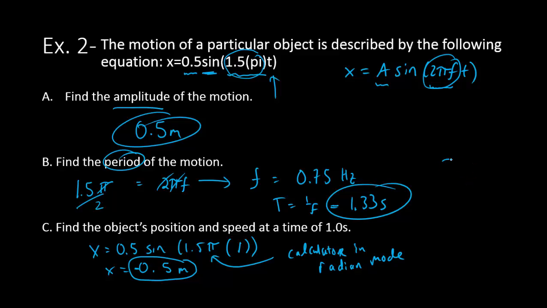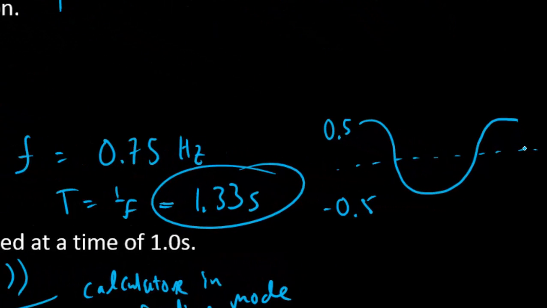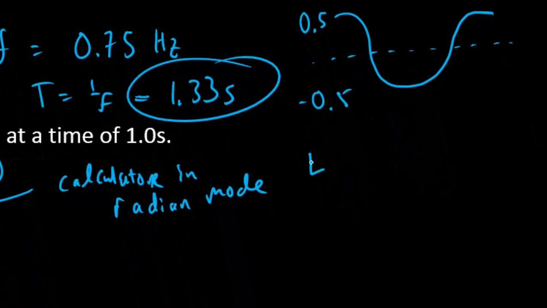So if I'm thinking about this wave moving along, and it started at 0.5 meters as the amplitude, and now it's at negative 0.5 meters, what this means is it's actually the farthest away from the equilibrium position. All the energy is back stored in the spring. So if I think of my energy conservation ideas, where the mechanical energy initial is equal to the mechanical energy final,